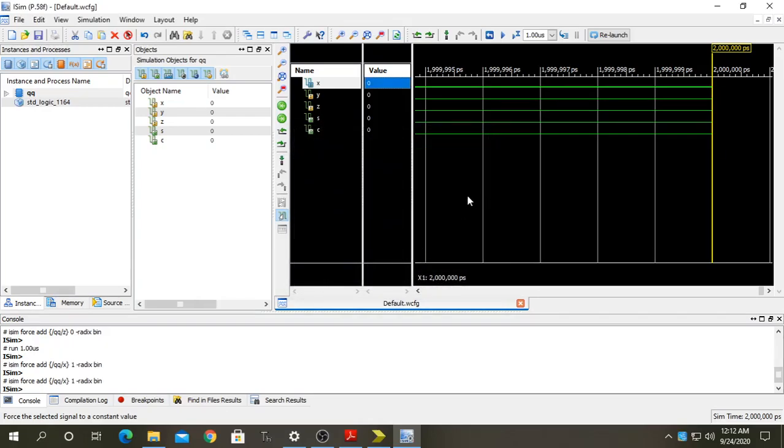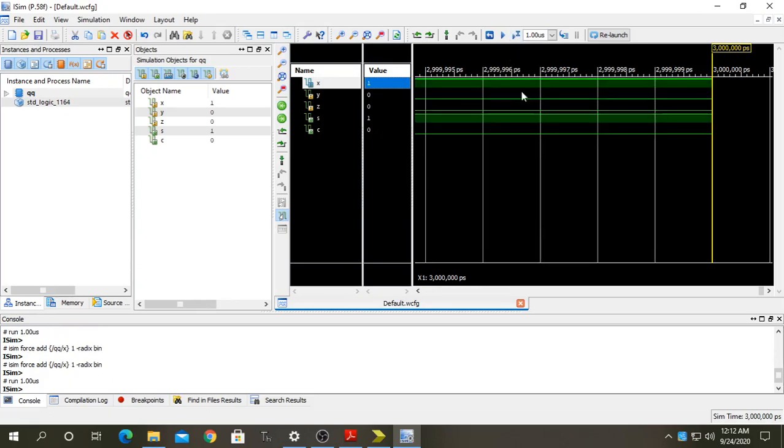And now I will run the program again. You can see here my sum is high whereas my carry is 0. Why? Because the statement of the XOR gate is that an odd number of ones gives a high output. So in this result, the sum is 1 whereas the carry is 0.